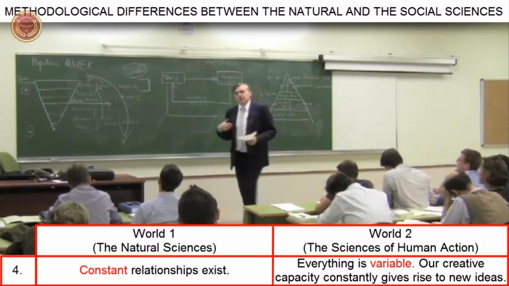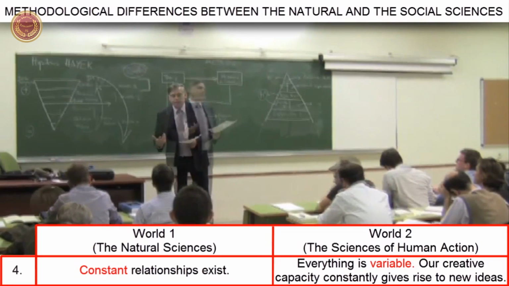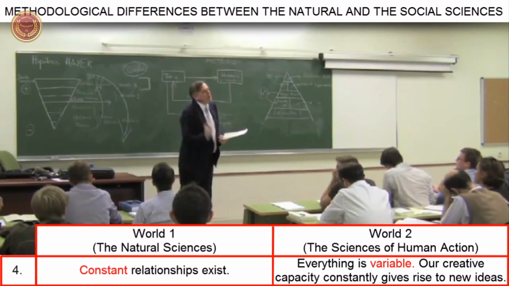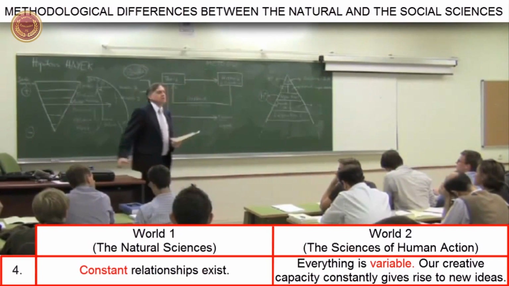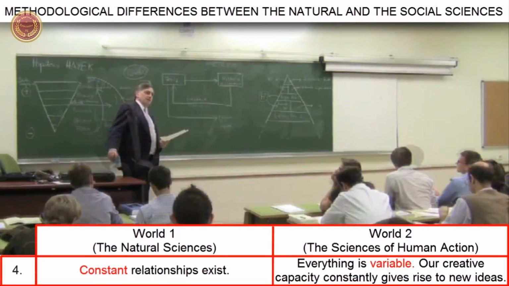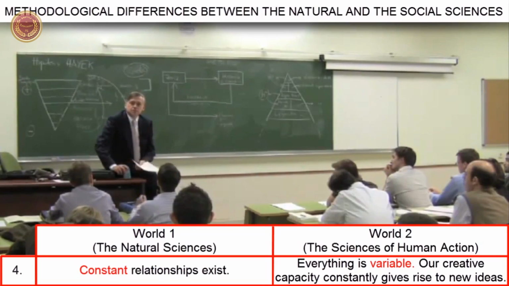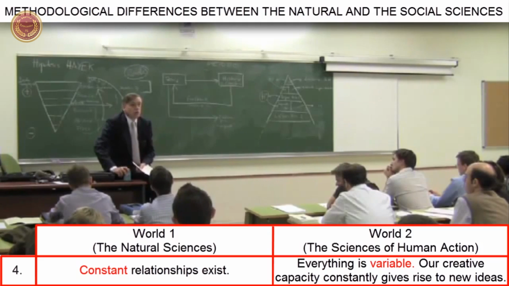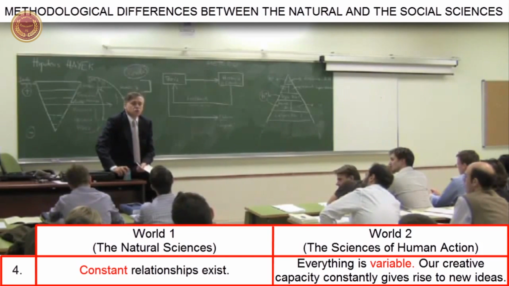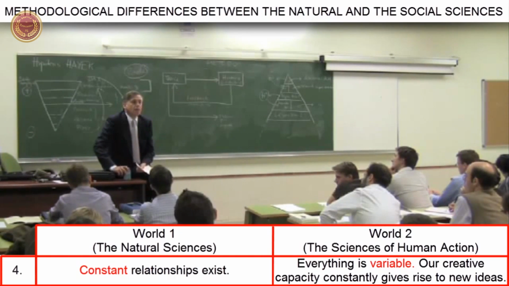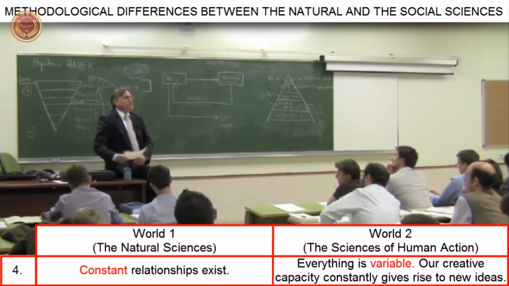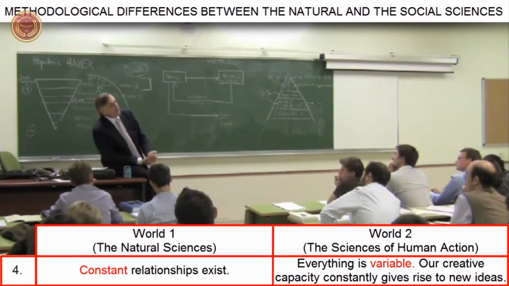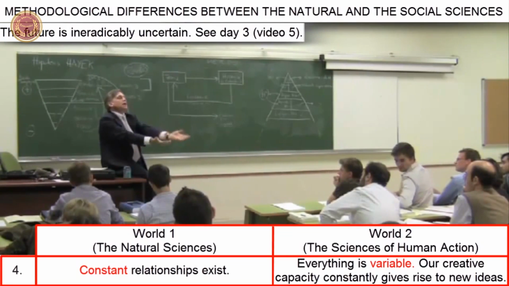Instead, they change constantly as a result of human beings' creative capacity, which is the most intimate characteristic of our nature. Human beings have an especially creative nature. What do human beings create? Ideas. Ideas about what? Ends and means. How? Constantly. So the object of research in the social sciences consists of something that is perpetually changing, and therefore there are no constants. If you recall, that is why the future is always ineradicably uncertain,